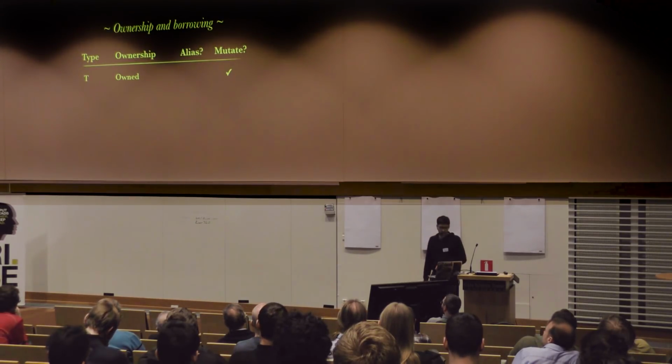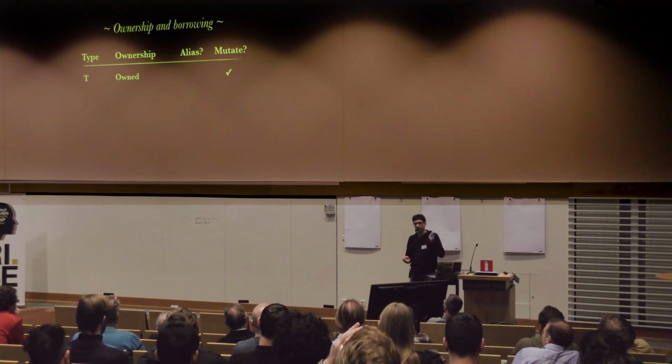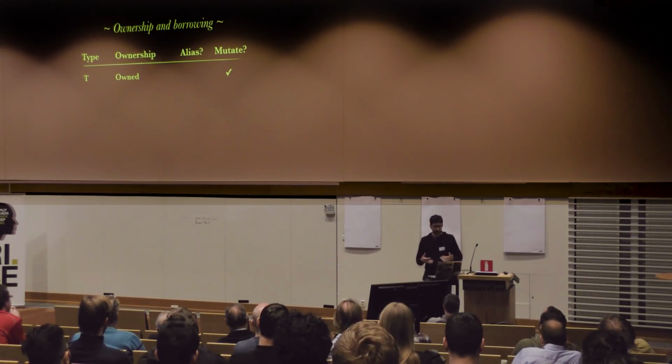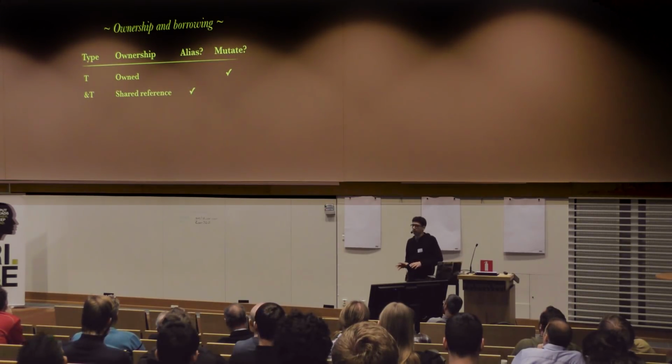Okay, so that was ownership. Now, ownership is great, but a lot of times, like if I give a book to my friend, I might be giving it to them as a present, but I might also be saying, hey, why don't you just leaf through this book, read a couple chapters, and then give it back to me when you're done. Right? And it works the same way with data structures. A lot of times what we want to do is more like sharing.